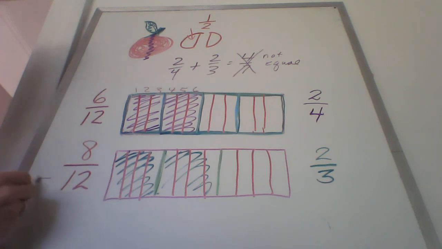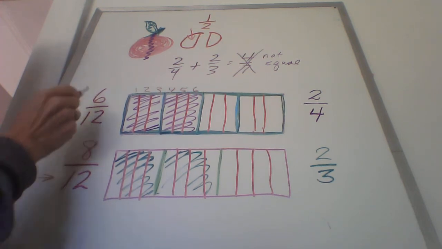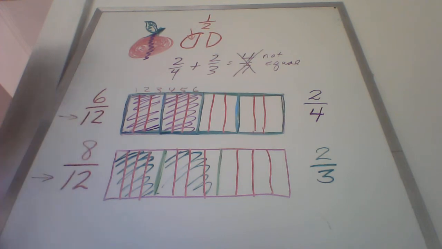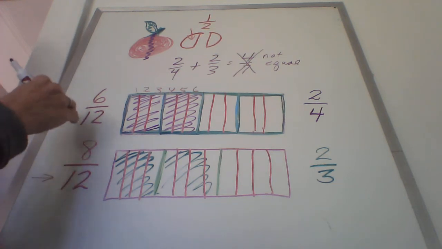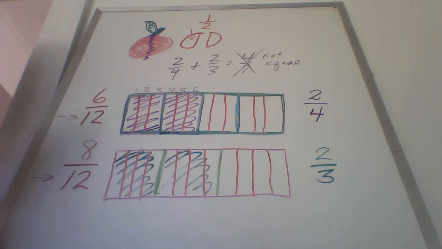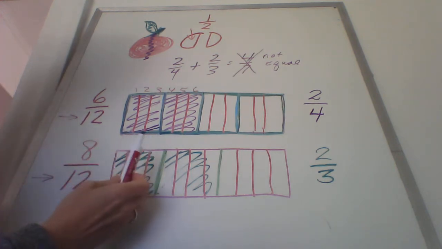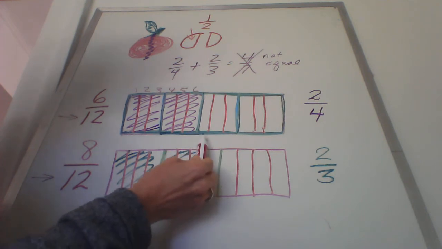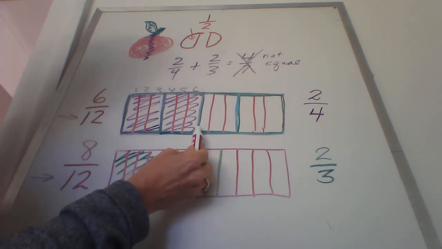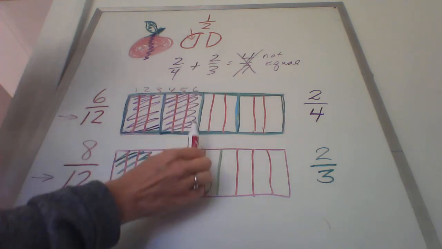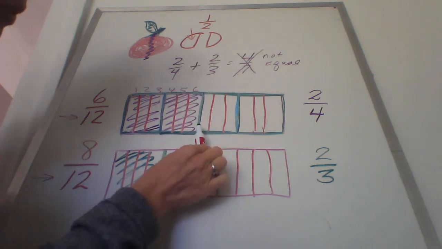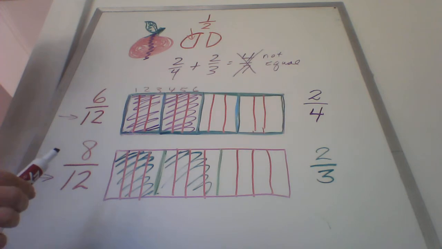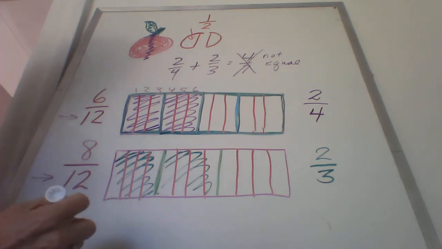So now we have the same bottoms and we have equivalent fractions. Okay, we made them equivalent so that we can compare them better. Now, this ends at the 8 and this ends at the 6. If my drawing was better, they would actually be lined up now. So now if I add those,